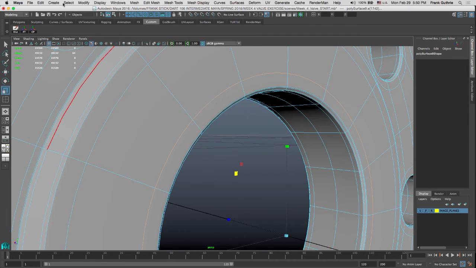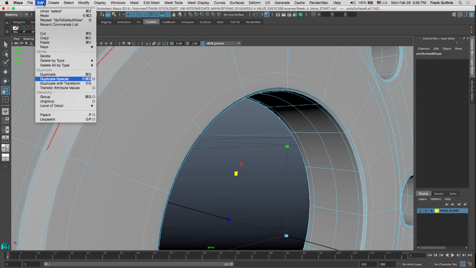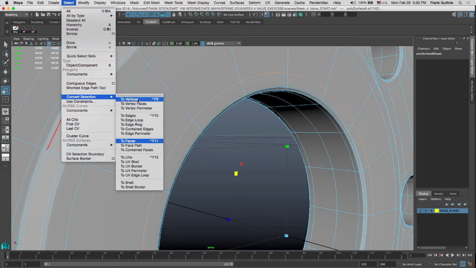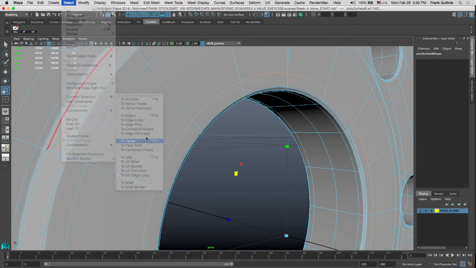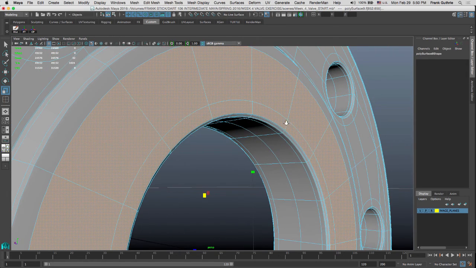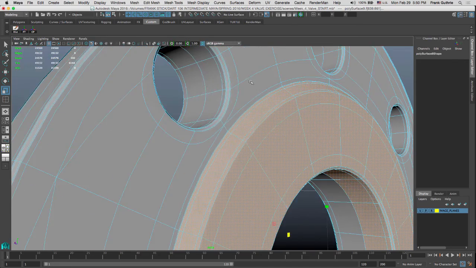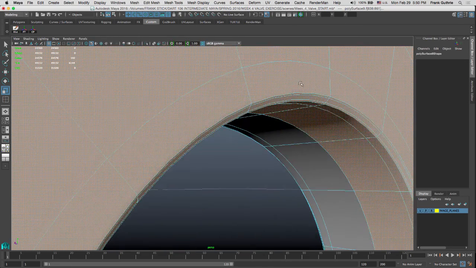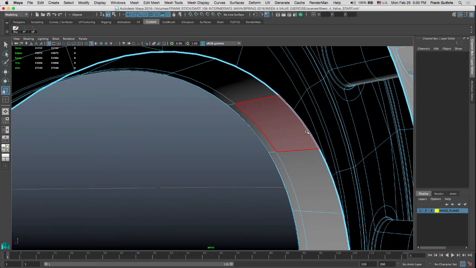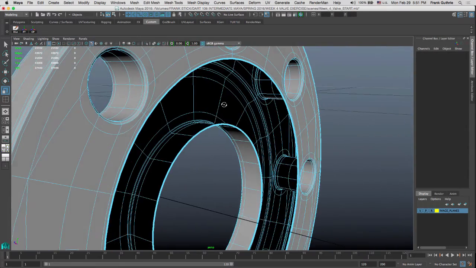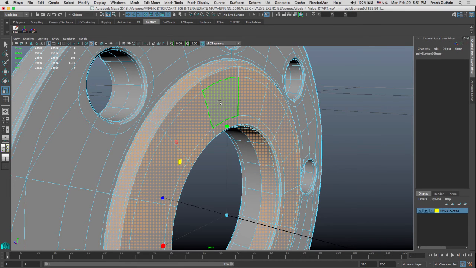Then you go to Create, Select, Convert Selection to Faces. Now to grow a selection, it's Shift+Period, and I'm going to grow my selection until it goes right to that edge right here and right there, and I can hit delete. As you can see, the border edges went right there. I could have gotten one more. Let me go one more,